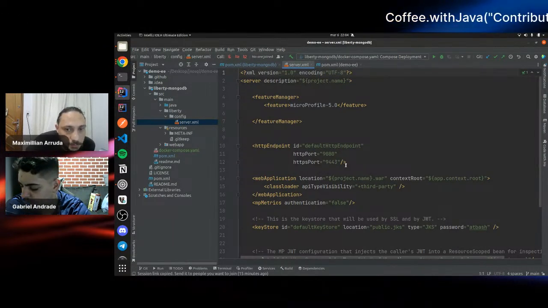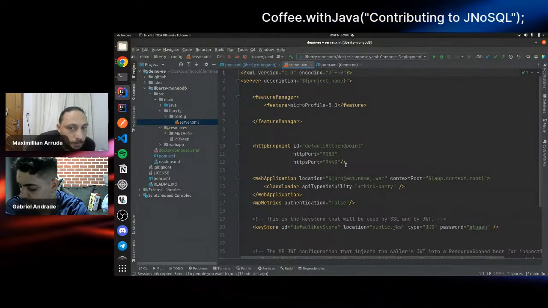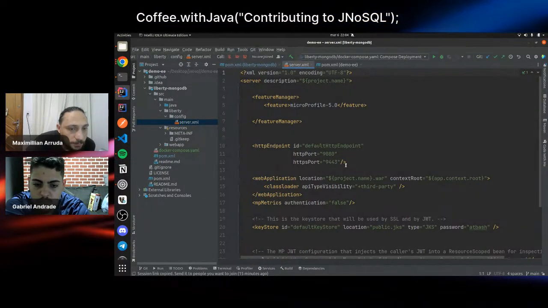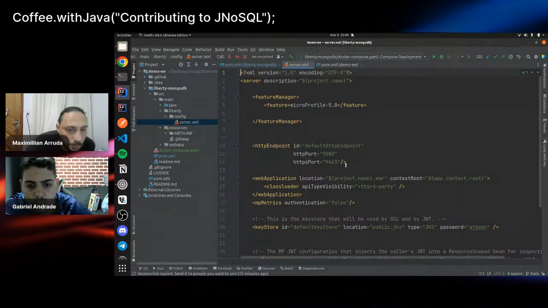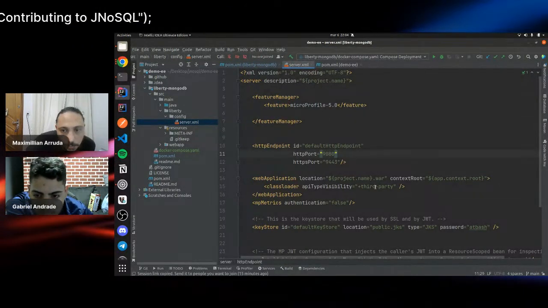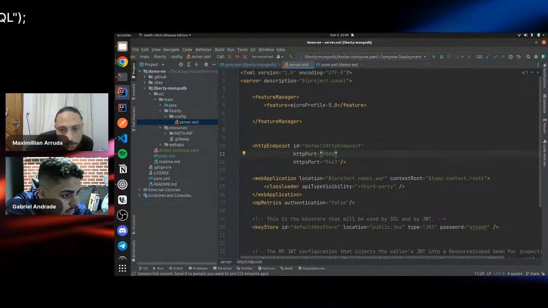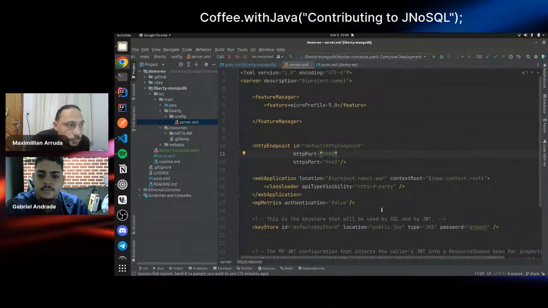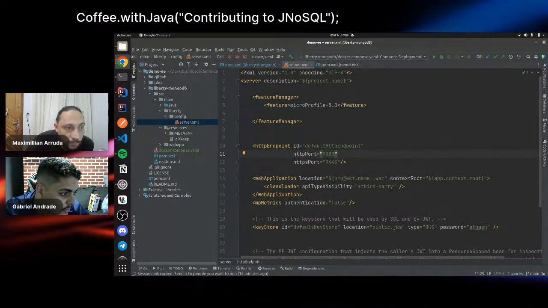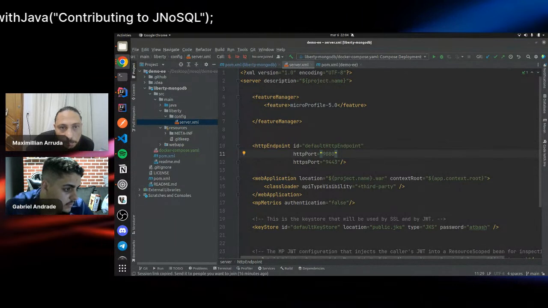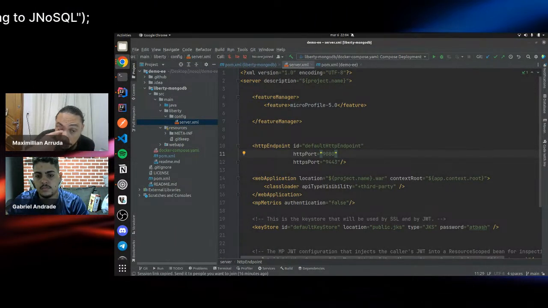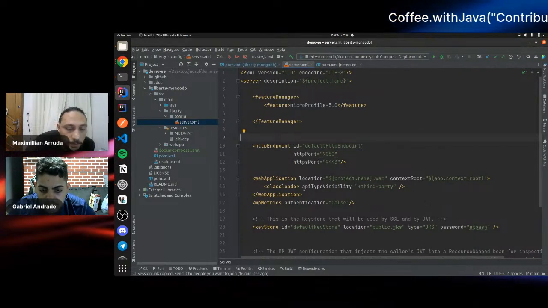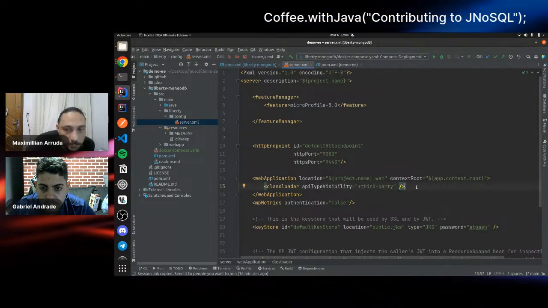Right here you can see that just microprofile 5.0 is enabled. Let's add another one. I will type it in the chat. It will make the application able to use Bean Validation. Put it inside the featureManager.